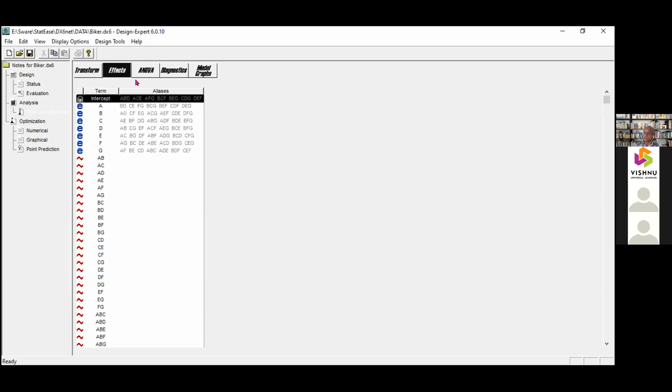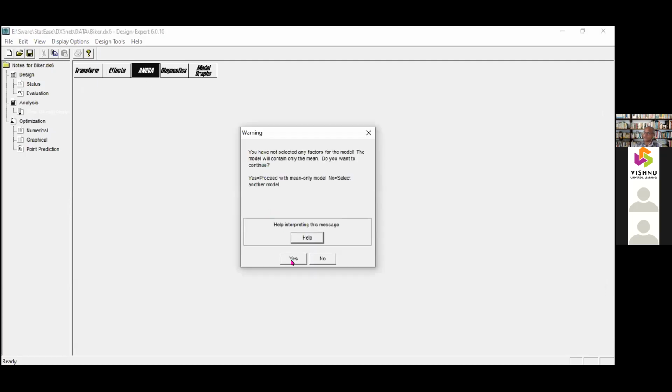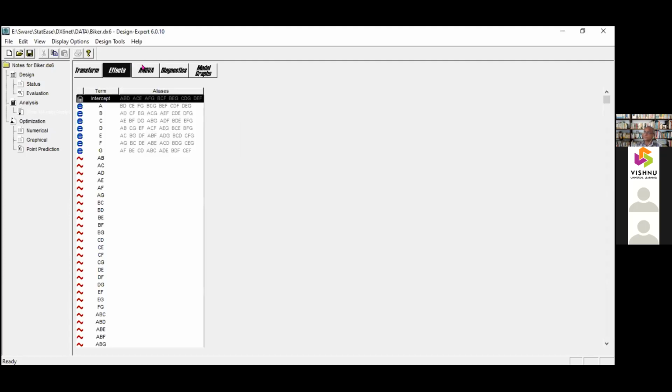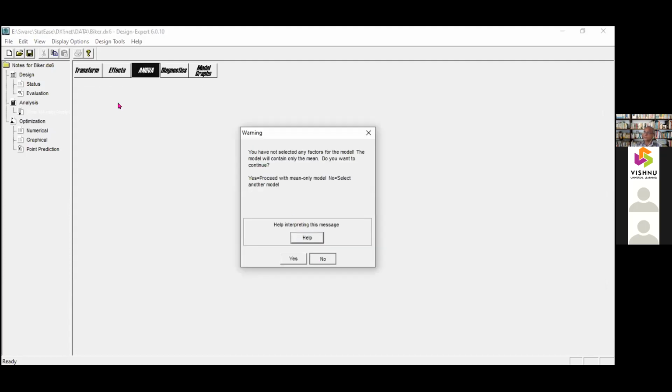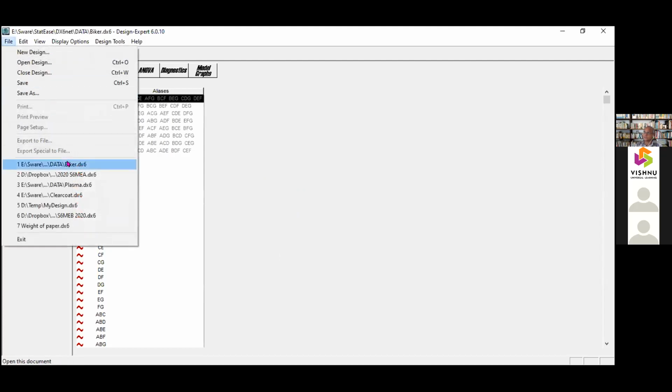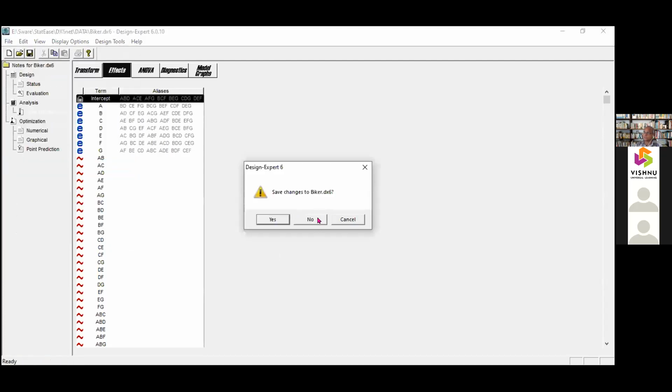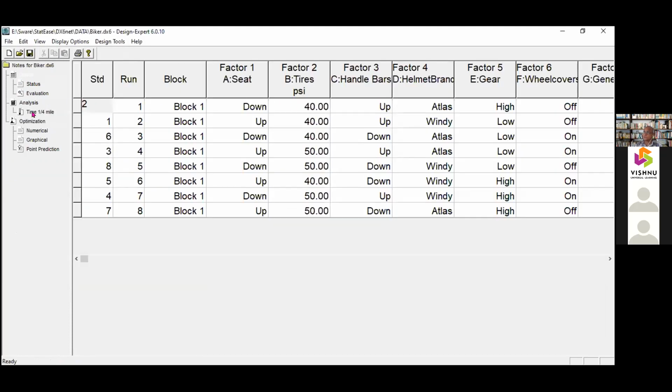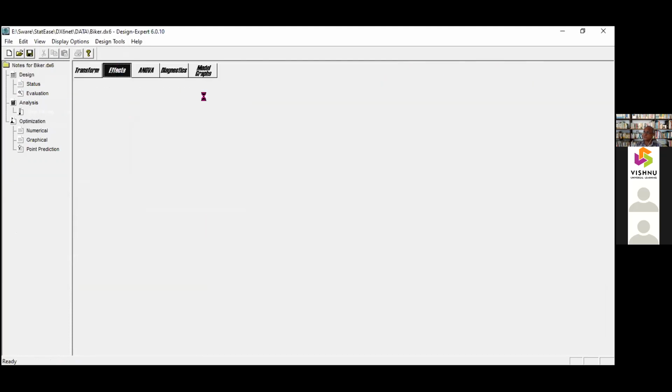Even though, when the software finally runs, it will simply go ahead. It will not tell all that. We can do the analysis. I go for analysis, effects.